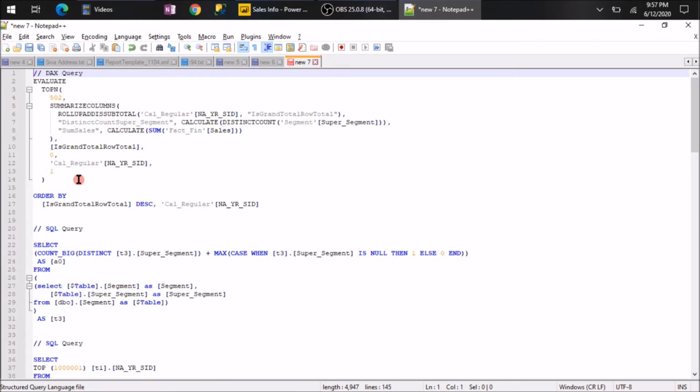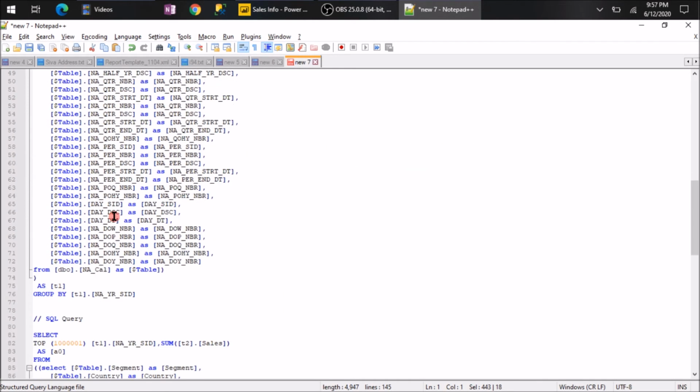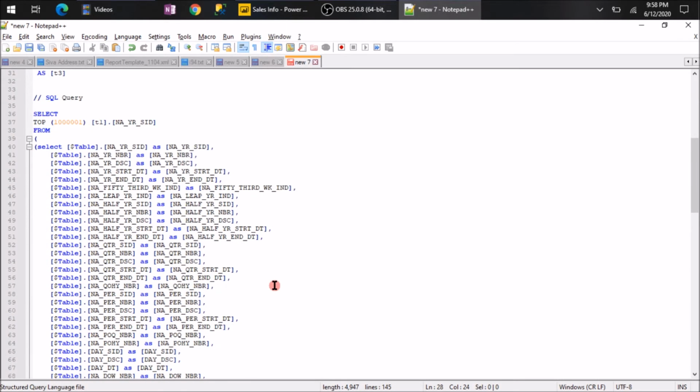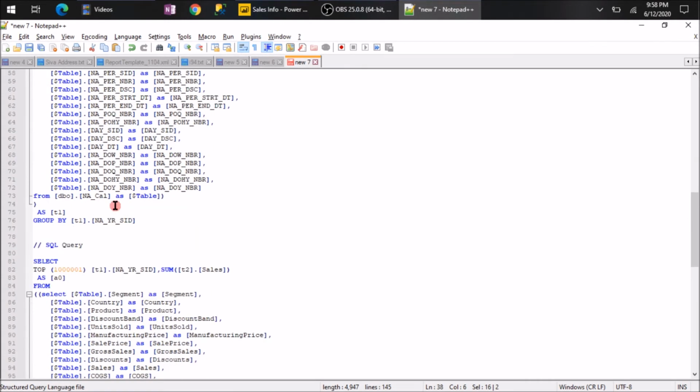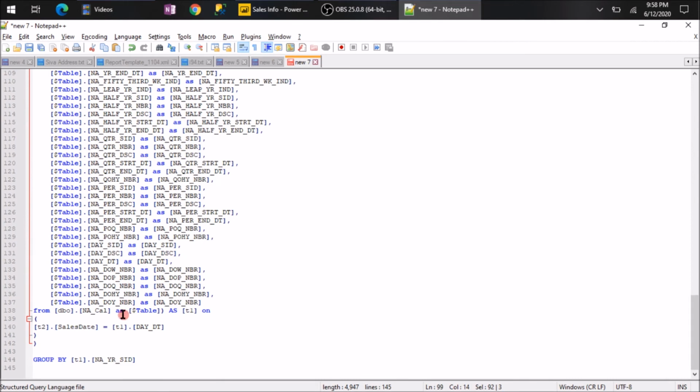So the top part is the DAX query, which we are not worried about, and the next part is our actual query, where we see we have a count distinct of super segment from just the segment table. Obviously it is going to give you 3, and that's what is showing in the result. And the next query is selecting the year from the calendar table, and we have our year and sales from the fact joined with the calendar table.